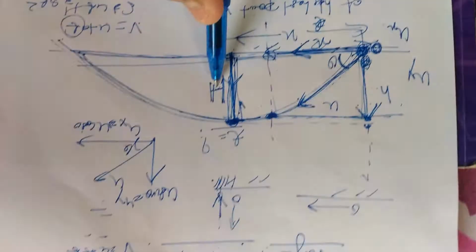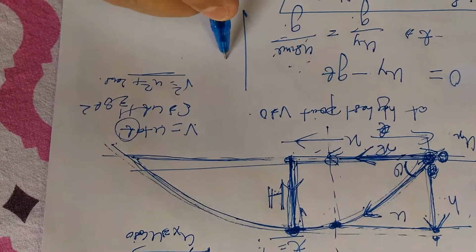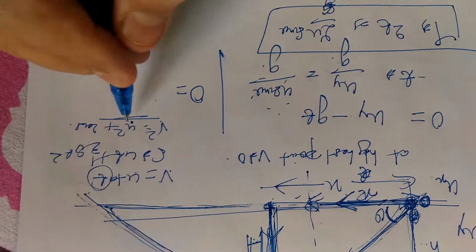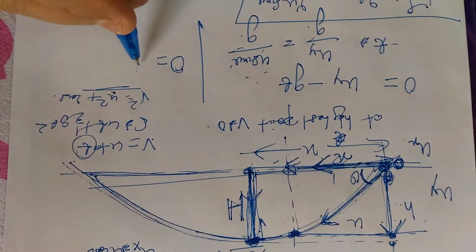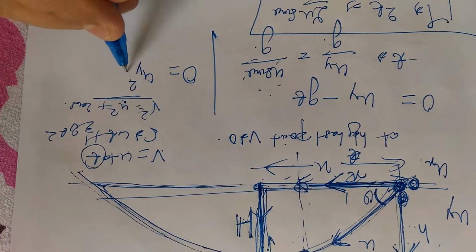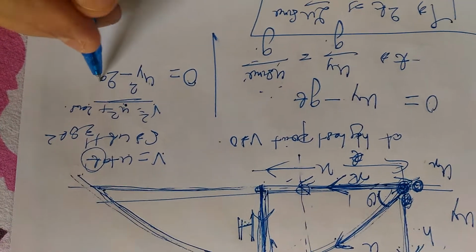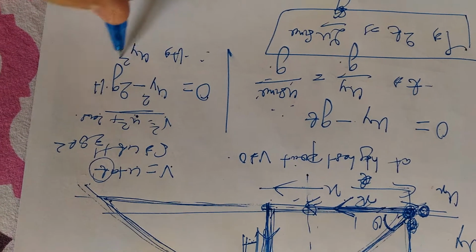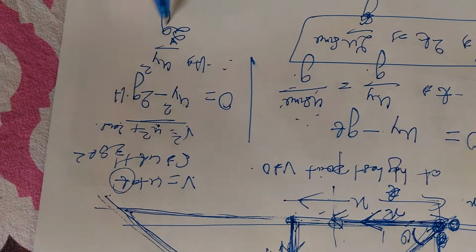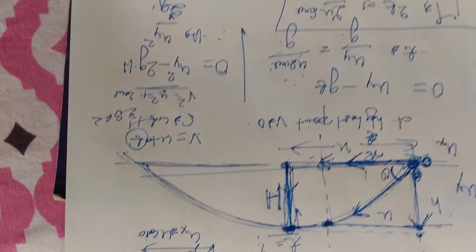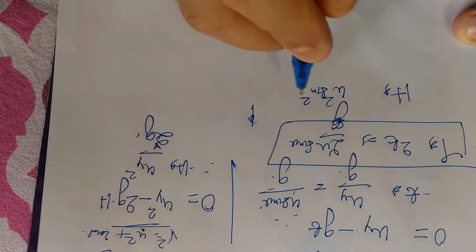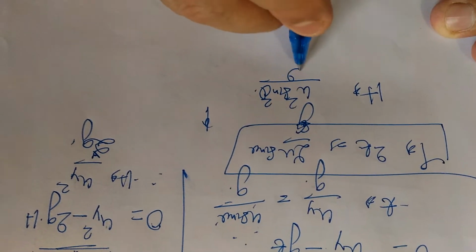Now in order to find h, we'll use this relation. At highest point velocity is 0, and initial velocity in y direction is uy, that is 0 is equal to uy square minus, a is g, minus g into h. So therefore h is equal to uy square by 2g, and uy is nothing but u sin theta, that is the vertical component. So h is equal to u square sin square theta by 2g. So this is the height of the projectile.